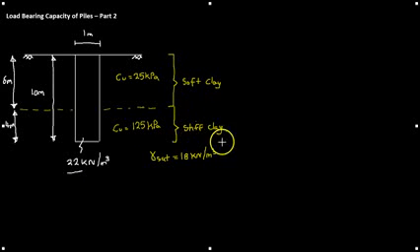pile is in. The first layer, 6 meters from the top, 6 meters deep, is soft clay, and the cohesion of this soft clay is 25 kilopascals. The second layer, 4 meters from the bottom of the first layer, is a stiff clay, cohesion of 125 kilopascals. Both the soft and stiff clay have a gamma sat, or a saturated unit weight, of 18